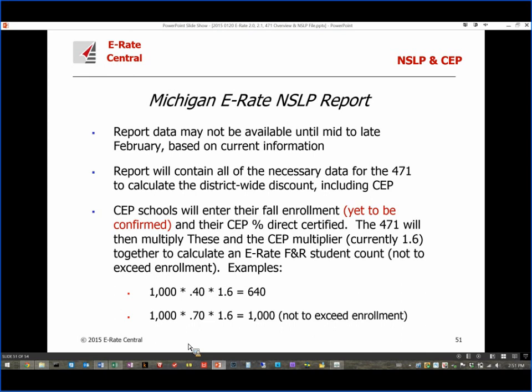Once that data is sent to me, then I will incorporate the CEP data, and I want to show you how this is going to play out on the form and how it's going to play out on the 471. One of the things that you're going to need is enrollment data. And so in Block 4, when you enter your student enrollment, we believe that you're going to enter the fall enrollment, which either is on the NSLP E-rate report or your most recently available,